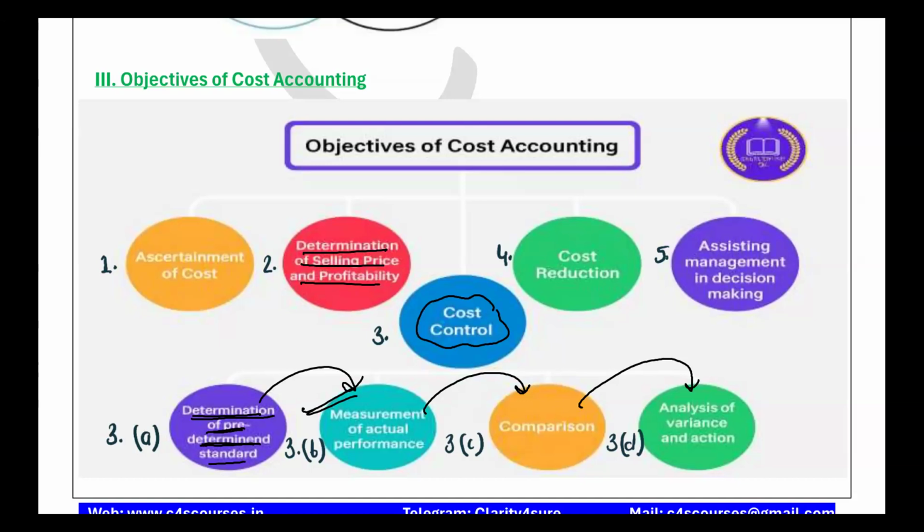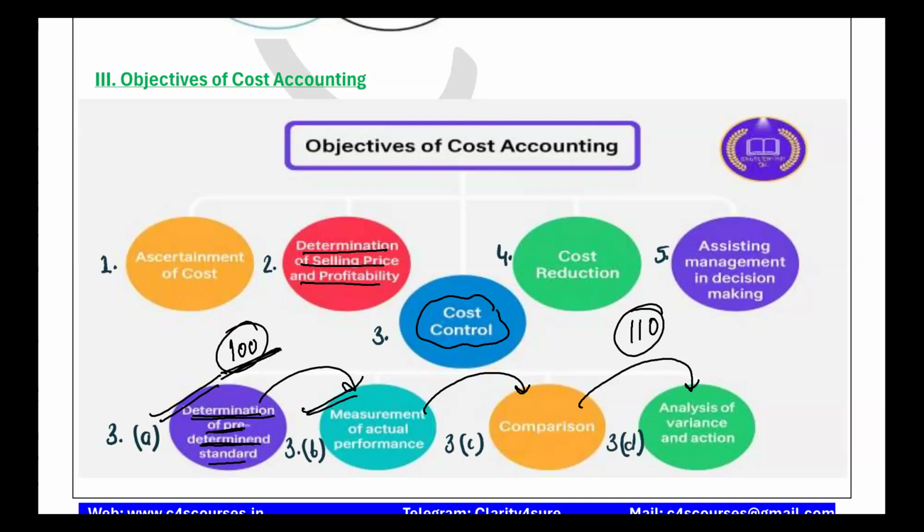What is the meaning of variance? Variance is just a deviation, right? Variance is just a deviation. If the market standard for cost control has been set at 100 rupees for a burger, and after the comparison they are selling at 110, they need to cut their cost now, because they have an excess variation, right? Their variation is more than the market price.